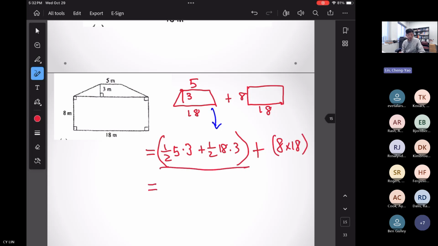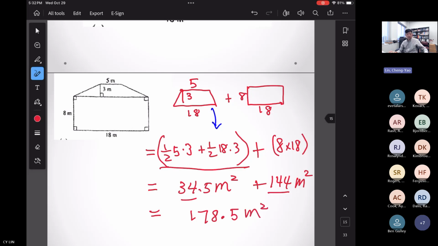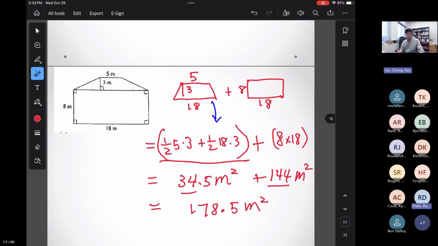So the area of the trapezoid, after calculating, I would get 34.5 meters square for this. 8 times 18, 144 meters square for this. Add them together, the total is 178.5 meters square, right? Does it make sense to you for this problem? Yes. All right. Sometimes a problem like this, you need to just combine 2 different areas together, and